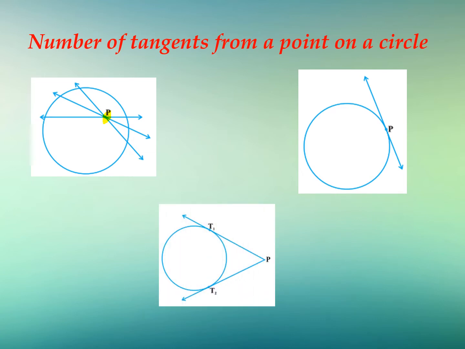Here is the third case where you have a circle whereas the point P is lying outside the circle. In the second case, we saw the point P is on the circle, and here the point is outside the circle. And we have two lines PT1 and PT2 which are passing through the point P and touching the circle. So when you have a point outside the circle, there are only two such lines possible that will pass through both the circle and the external point. So this gives us an understanding.